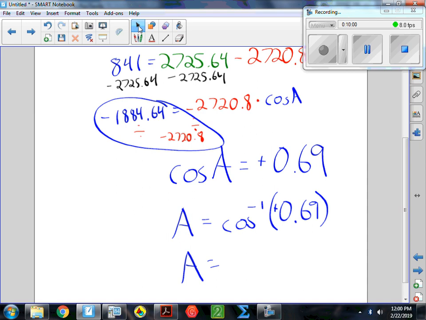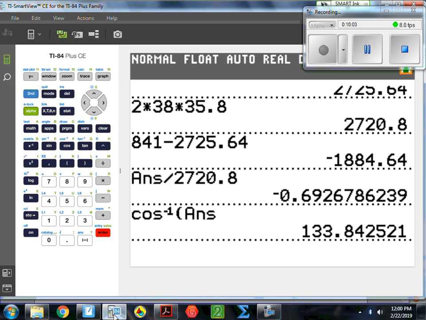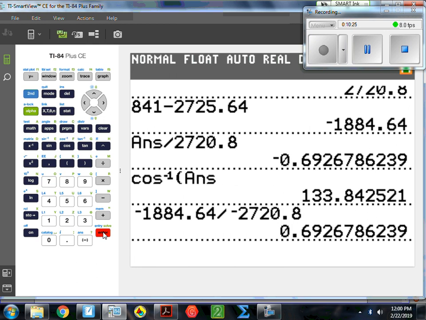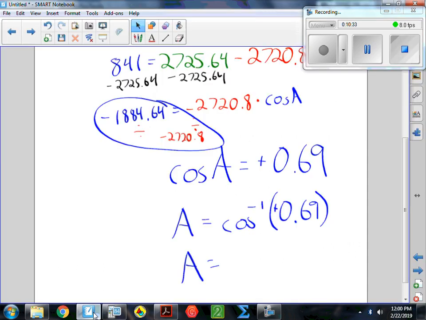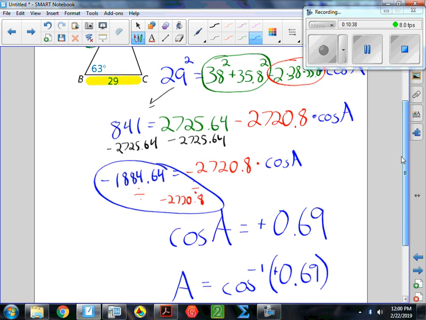So if I go to my calculator, I'm going to go back up to this number that I had as a negative. Actually, let's clear that. I guess we'll start over with negative 1884.64 divided by negative 2720.8 gives me the positive 0.69. Second cosine of that answer is 46.2. And so the answer is 46.2,